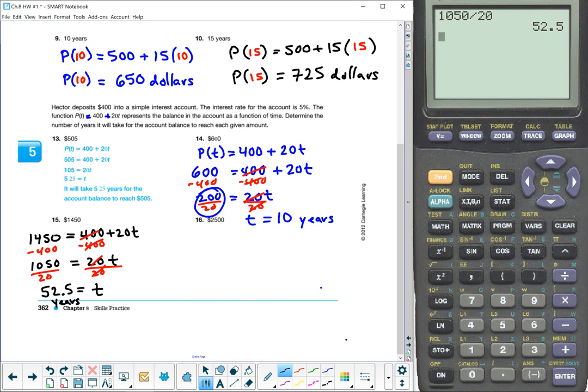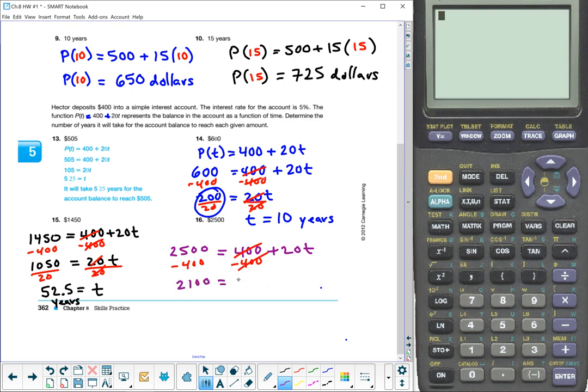Okay, last one. We'll use purple for that. So again, we start with 400 plus 20t. And we want to know how long it will take to reach 2,500. So again, same scenario. We're going to minus 400. That's going to get us 2,500 minus 400. If you don't know, use a calculator. That's going to get you